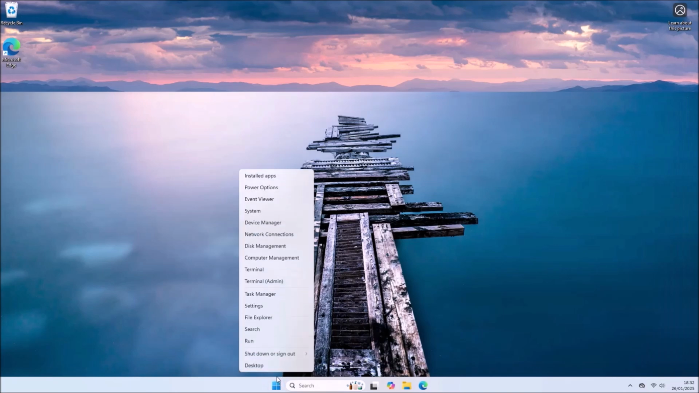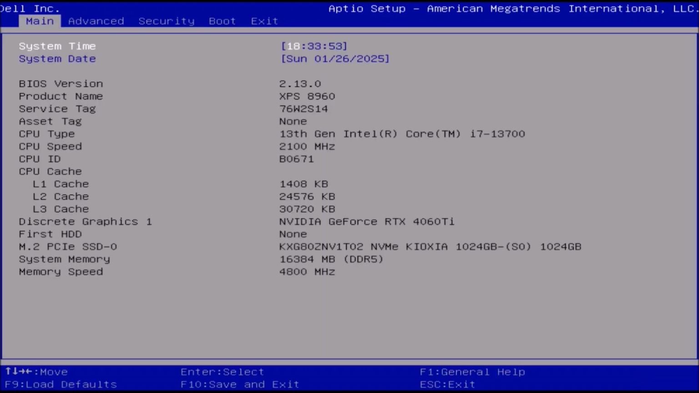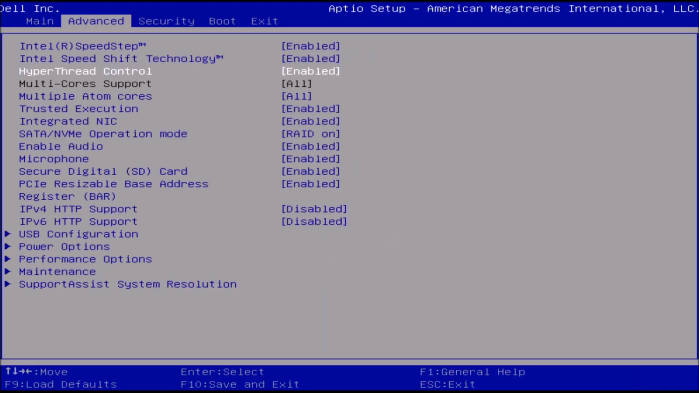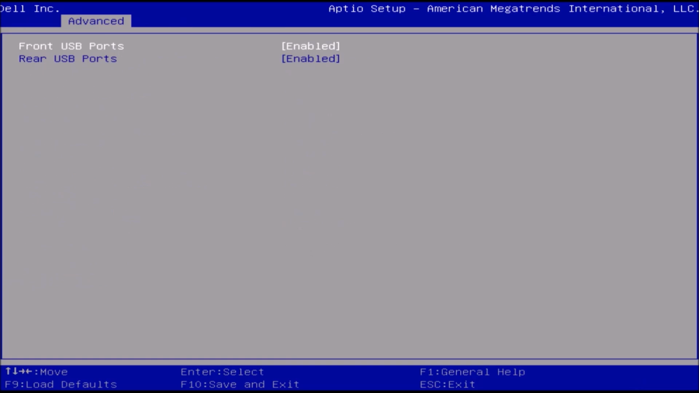So before getting started with the installation, I'm just going to power off the system, and I'm going to power it up and press F2 to get to the Dell BIOS setup. So basically I'm looking for any virtualization technologies within the advanced settings, and unfortunately on this model none seem to